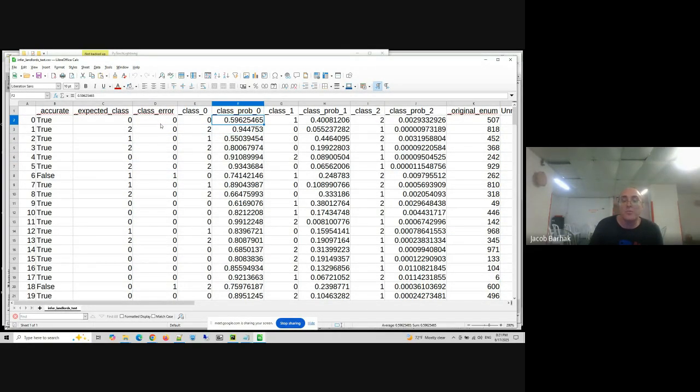Then notice for each class, we have the probability. So class 0 is our class. It says 59% probability. This is class 0, and in this case, it was correct. Class 1 is 40%, while class 2 would have been a very, very low probability.